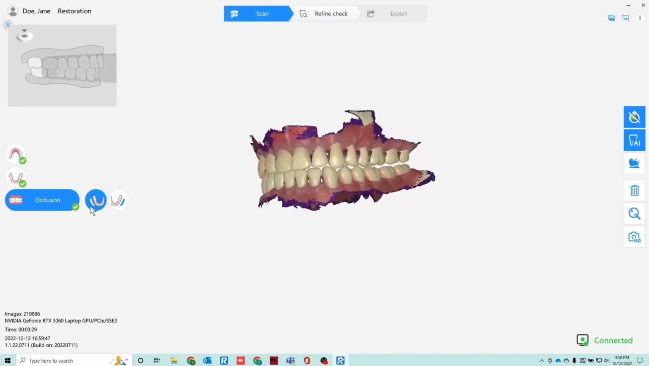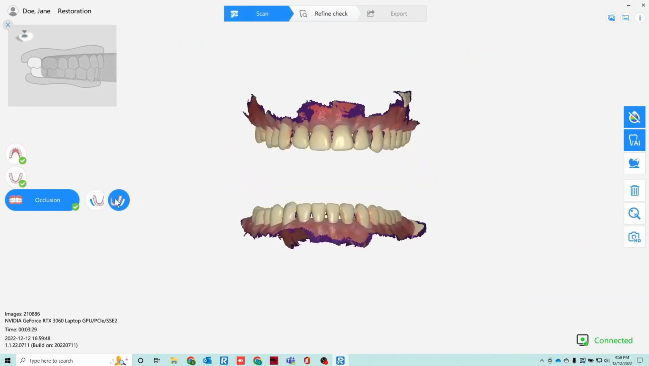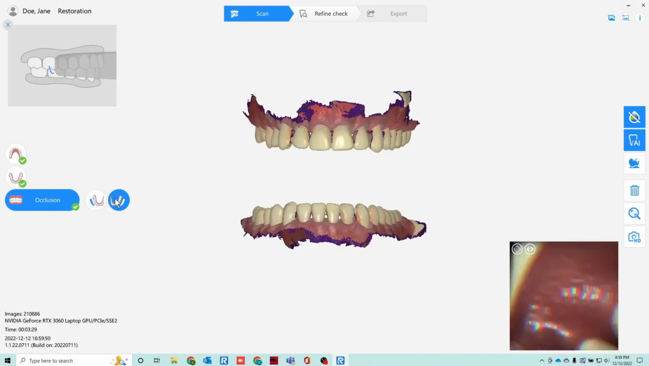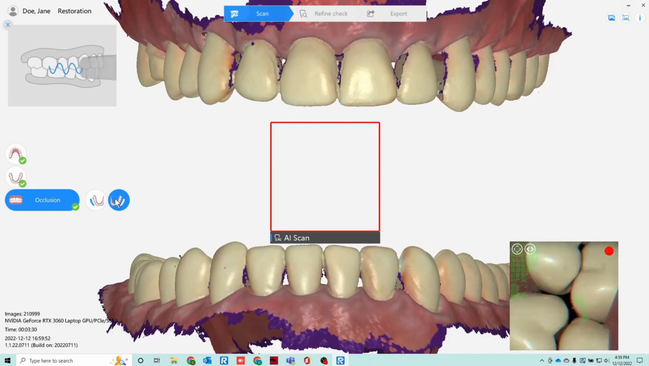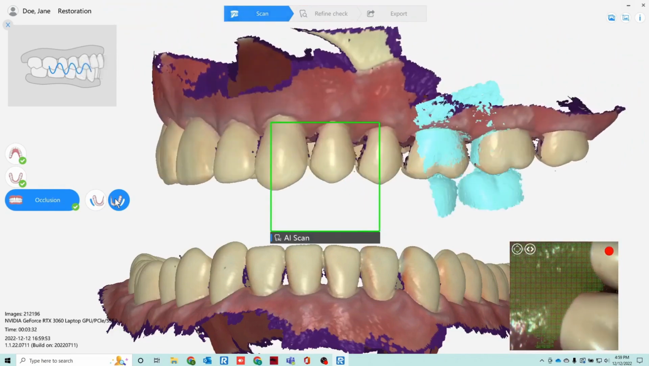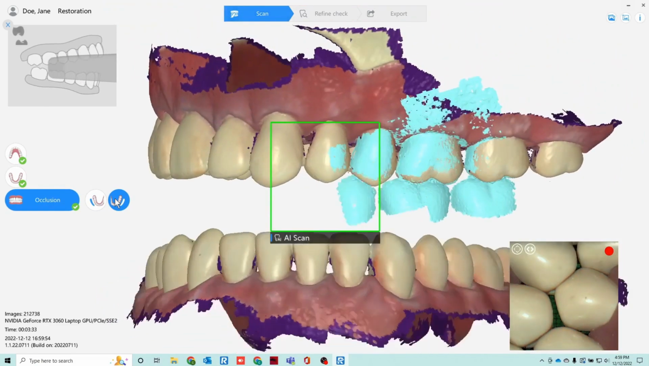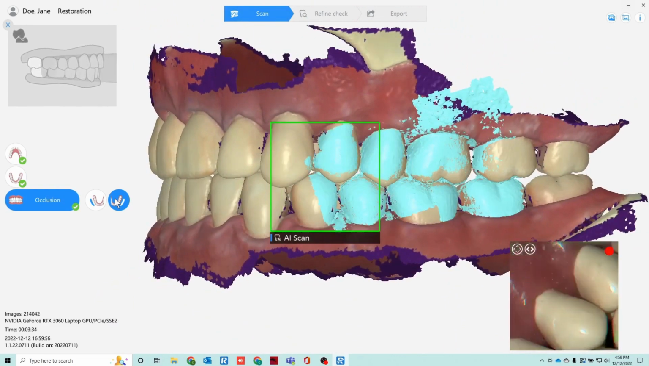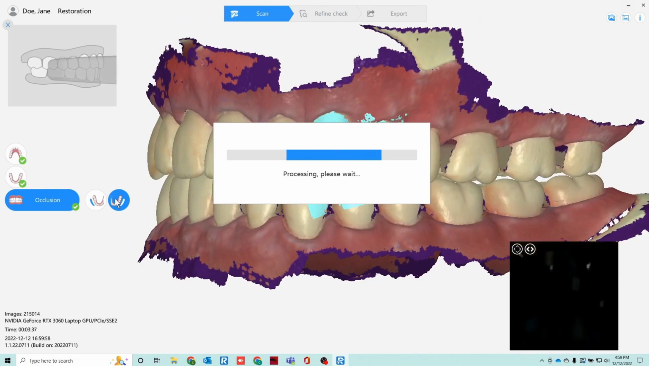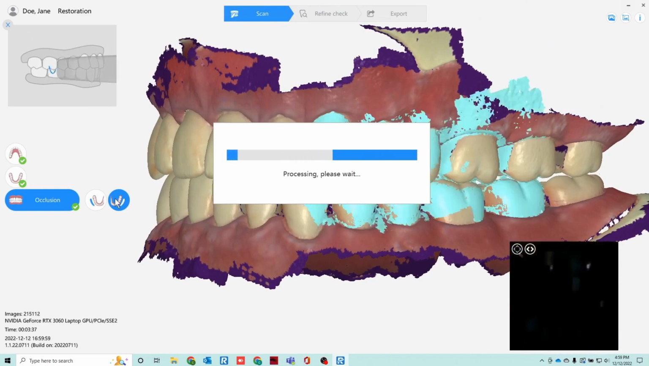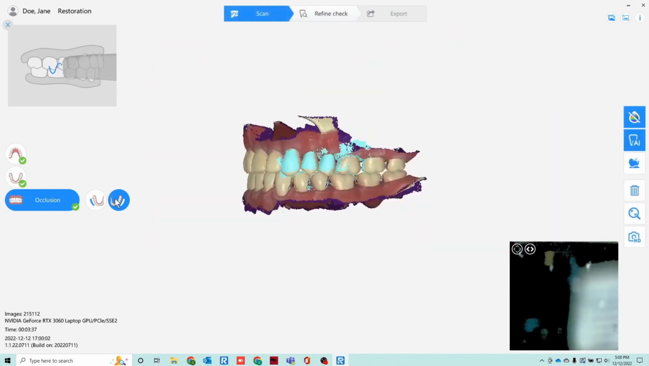So just scan from the posterior, move towards the anterior area. You may stop scanning for the bite once you see the top and the bottom occlude. So do the same thing again for the other side. Start from the posterior, move towards the front, and then you stop once the arches occlude. So once you have all 3 scans,